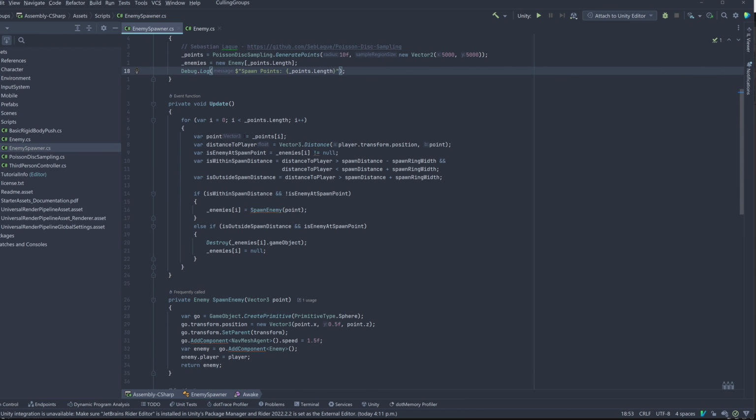Then, in our update loop, for each point that we have, we will get the distance to the player from that point, and check to see if there's an enemy at that spawn point already, and whether we are within the spawn distance or outside the spawn distance. If we're within the spawn distance and there is no enemy at the spawn point, we will spawn an enemy,